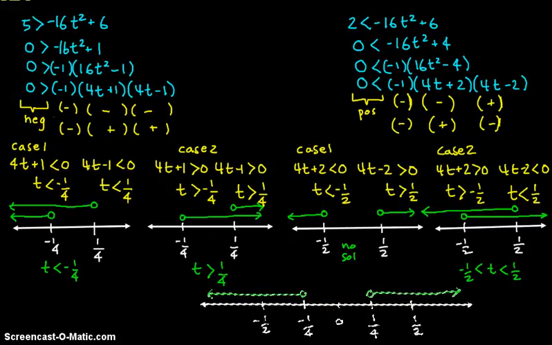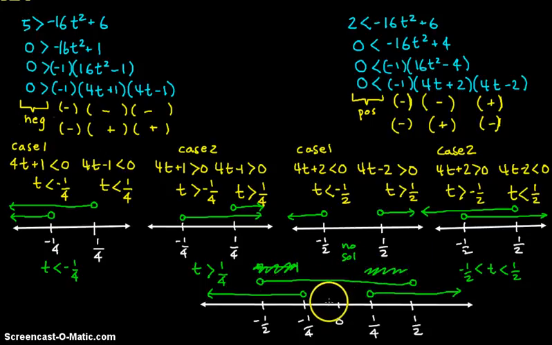Okay, so the question is, what about the last part? Okay, not so bad. It means it's between, it doesn't include it, but it's between negative 1/2 and 1/2. So where do I have everything doubled up? Right here and right here. So how do I say the solution, considering